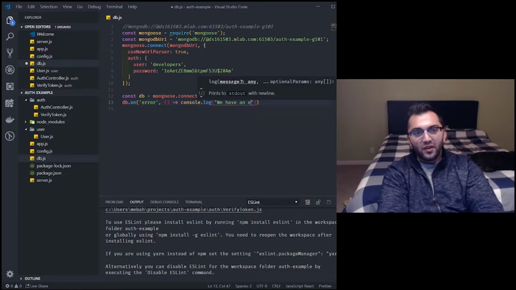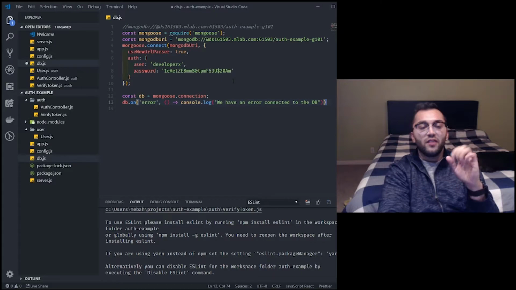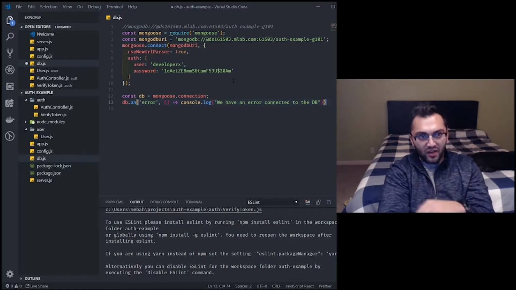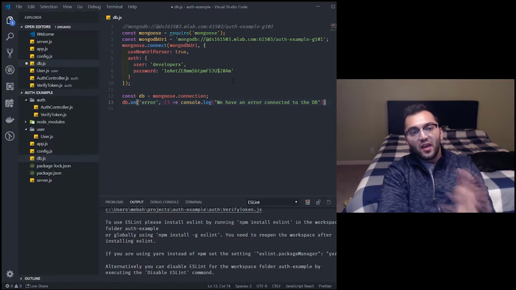We have an error connecting to the DB. So what's happening here is it's going to listen for that connection, and if there's a connection error on the Mongoose connection to the mLab database we've connected, it's going to alert me by saying, hey, we have an error connecting to the